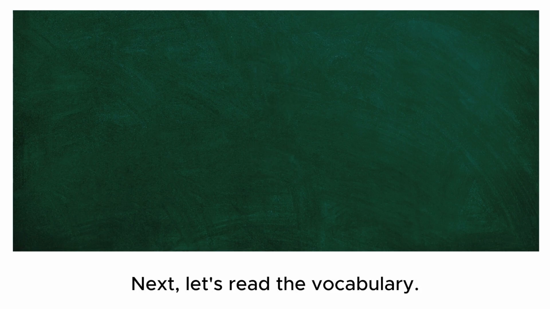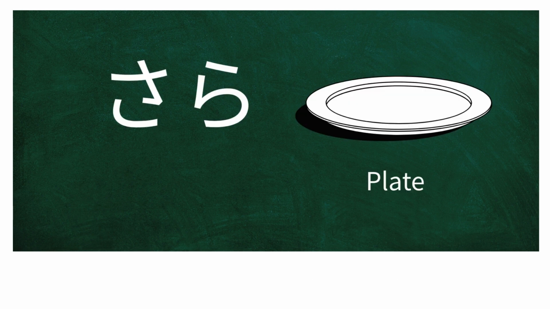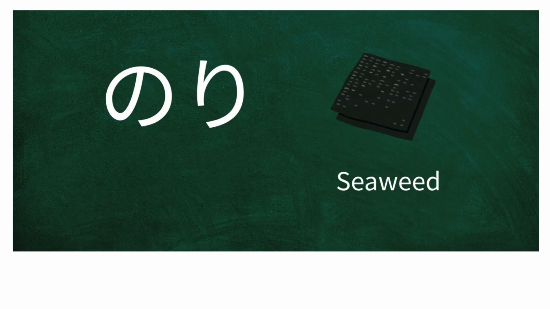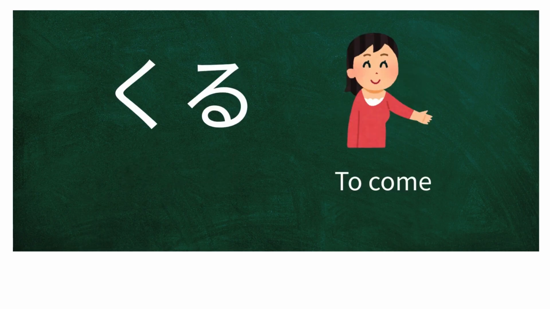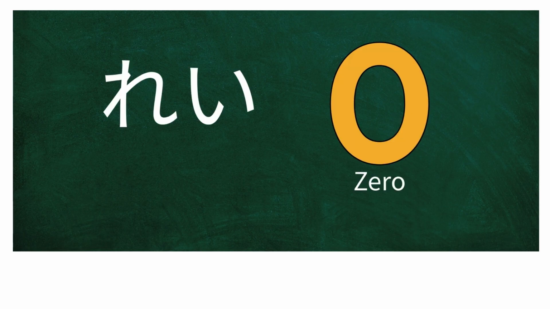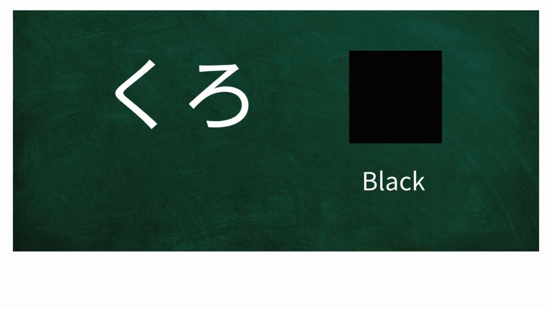Next, let's read the vocabulary. さらのりくるれいくろ